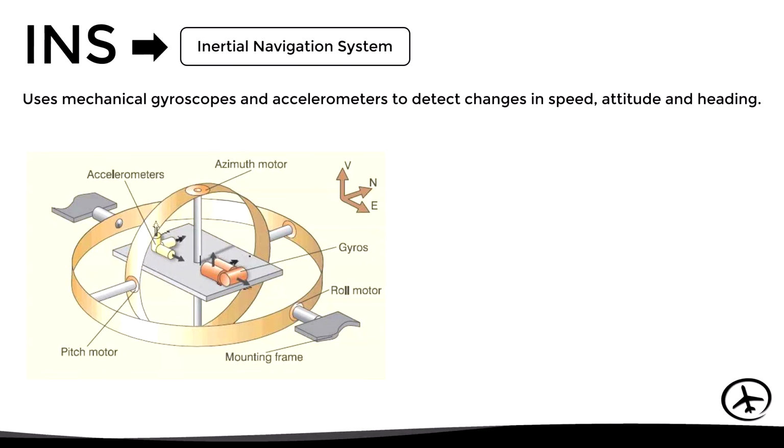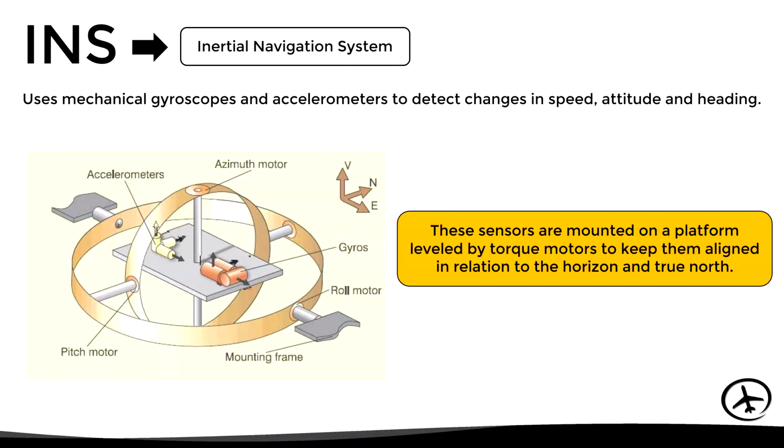The INS, or Inertial Navigation System, uses mechanical gyroscopes and accelerometers to detect changes in speed, attitude, and heading. Now, in order to function properly, these sensors are mounted on a platform leveled by torque motors, to keep them aligned in relation to the horizon and true north. This means that despite changes in attitude and heading during flight, the platform will remain aligned with the horizon and